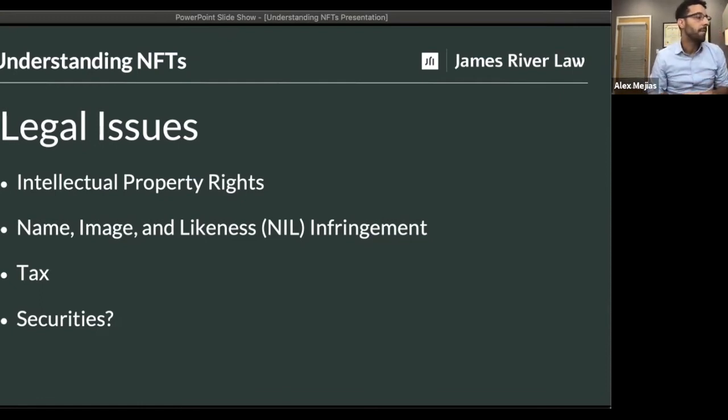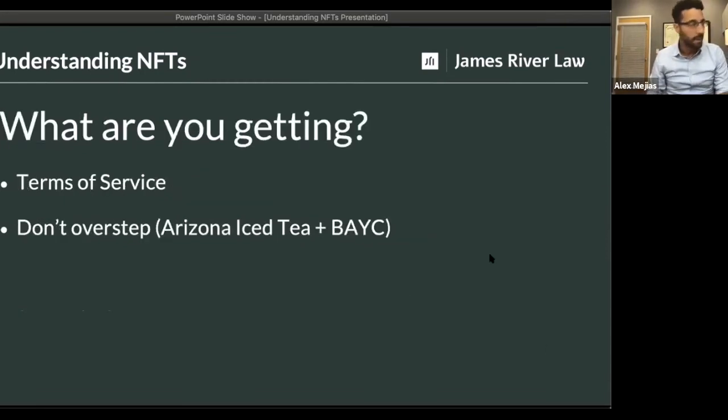So the first is intellectual property rights. Again, like I said, what are you actually getting? When you purchase an NFT, it's really important that you ask yourself and go find out what it is you're getting. What can you use the NFT for? The way that you determine that typically is by going to the site of the creators of the NFT and reading their terms of service or terms of use or terms and conditions. Different NFTs give you different